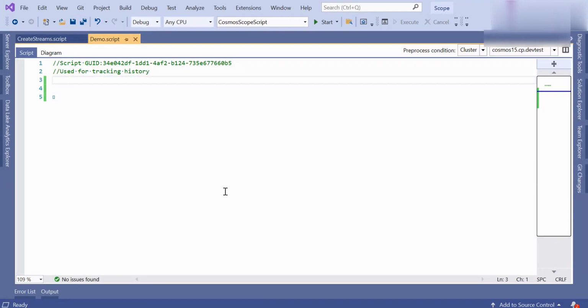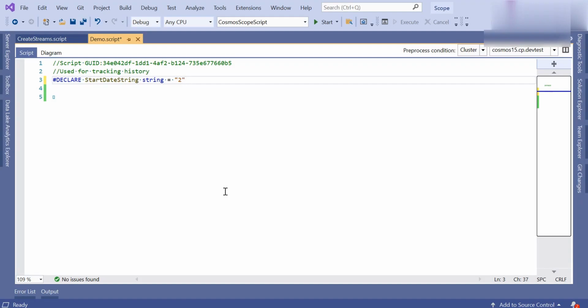Let me create the date variables. This is the start date, from which date we want to read the data. We have streams from July 1st.